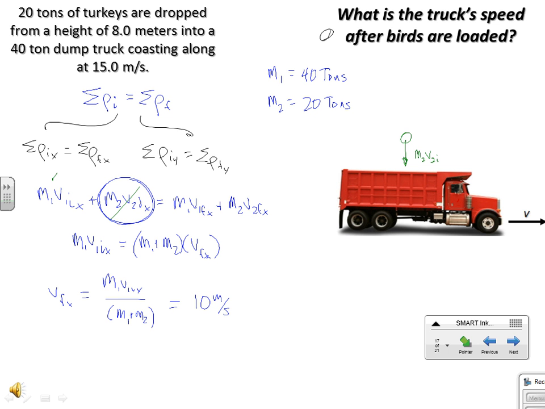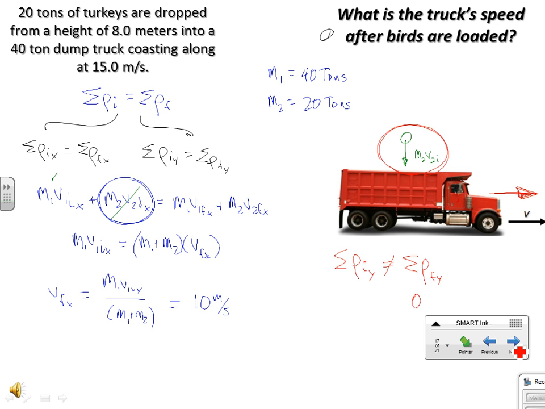Okay, I'm going to write that. I'm going to say that initial momentum in the y direction is not equal to final momentum in the y direction. Right? Because initially, again, right before the interaction, initially we have this. That's the only initial vertical momentum. Afterwards, there's none. Because in the end, you have truck and turkeys just moving this way. So the final